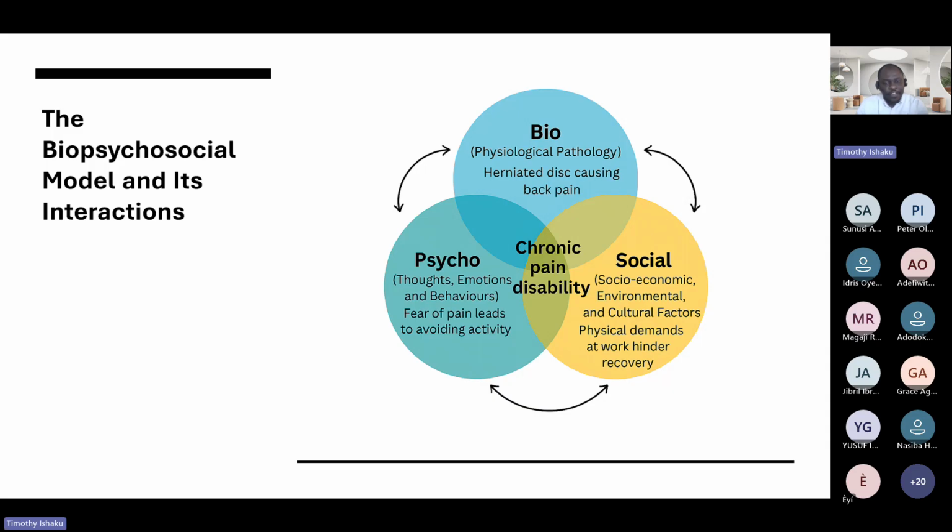The social part is the social determinants of health. The work-related stress: what sort of stress are they going through from their work? This will have an effect on your treatment. And that's why in our subjective, which we'll look at later in the afternoon, when we are talking about the SOAP format,